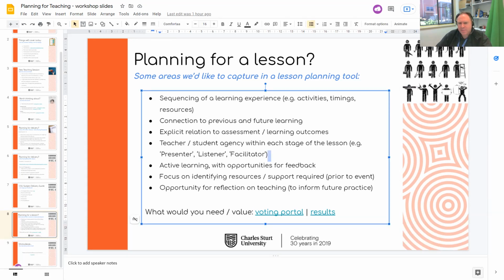That agency that I mentioned before: what's the audience doing? What are the students doing, the teachers doing at this point in time? And whether or not labeling that agency is of benefit when you're planning. If there are opportunities for active learning within the plan itself. And also obviously wanting people to be able to identify the resources they're going to be using to alleviate any kind of preparation or troubleshooting or problem that could have been avoided through the planning process.